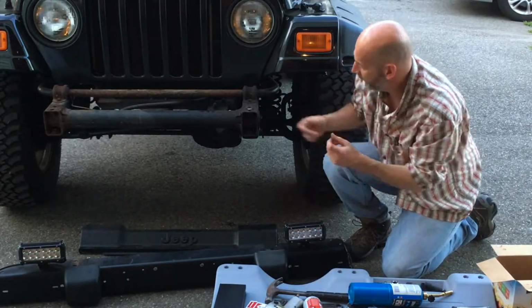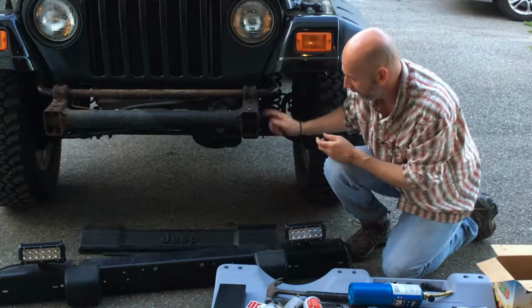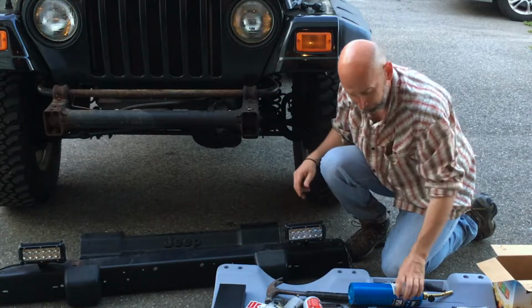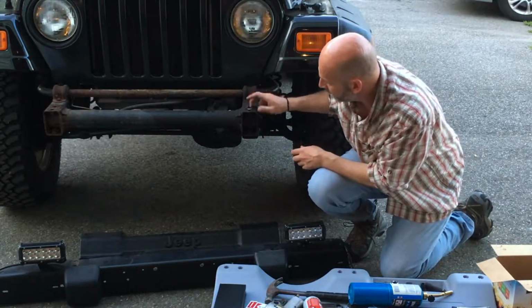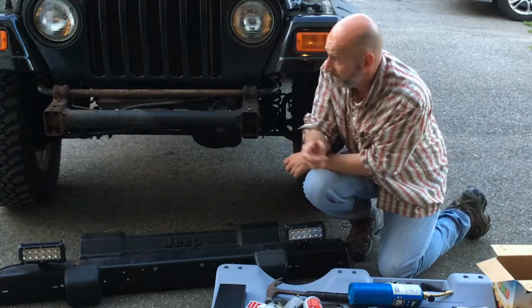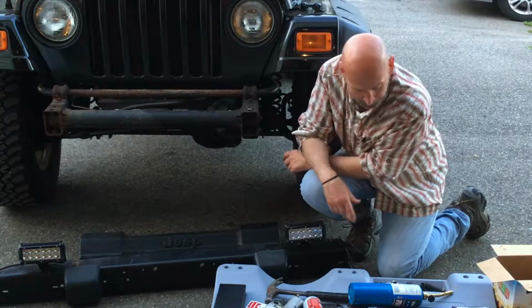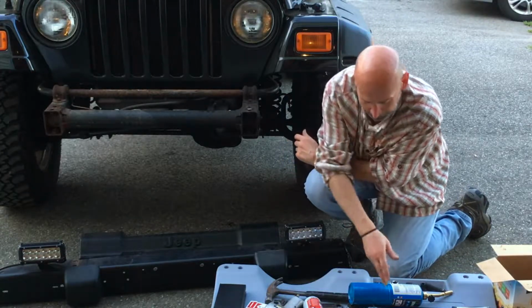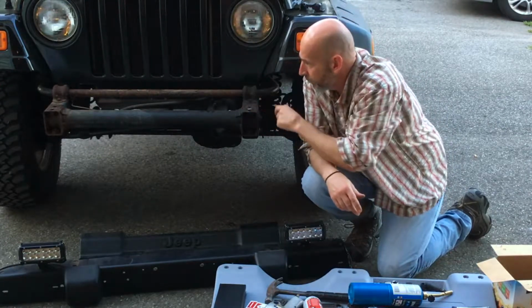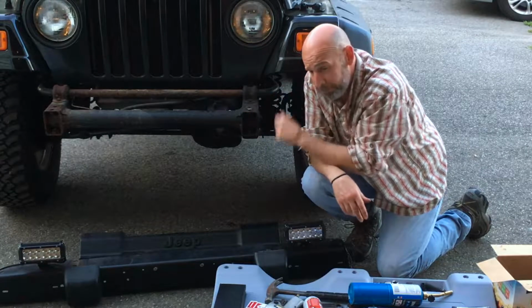I basically PB blasted this a couple of days ahead of time. I took my 3/8, loosened these bolts off for the plastic piece right there, and then I took my butane torch. I heated this bolt, that bolt, and there's one from each side underneath. I did that 3 times, and then before I ever take anything completely off, I took my breaker bar and I broke loose this bolt, the top bolt, 2 bolts there, broke this bolt loose,